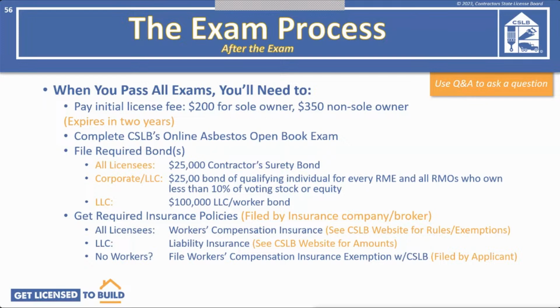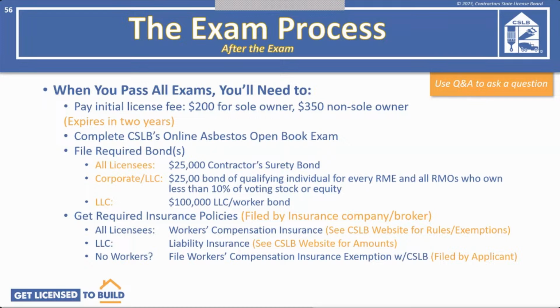If you've got employees, you'll need to get workers' compensation insurance. If you don't have employees, you must file a workers' compensation exemption with CSLB. You can also submit this online. Please note that workers' compensation insurance is also required for all contractors applying for the C8 concrete, C20 warm-air heating, ventilating, and air conditioning, C22 asbestos abatement, C39 roofing, and C61/D49 tree service classifications, whether or not they have any employees.